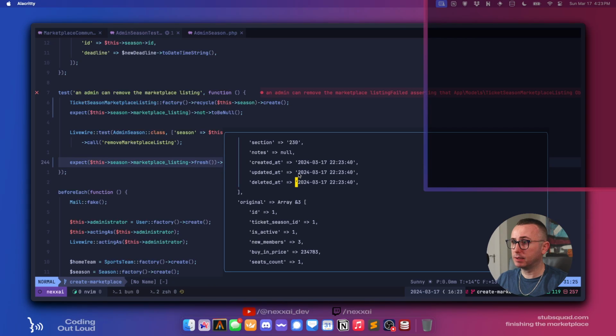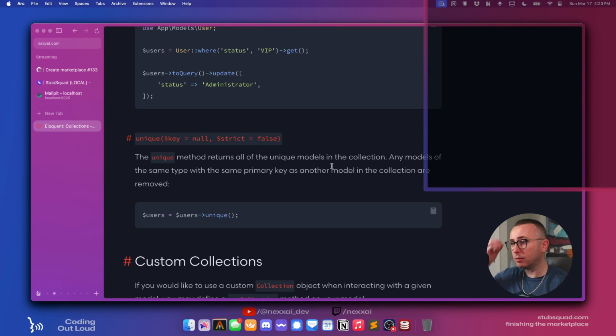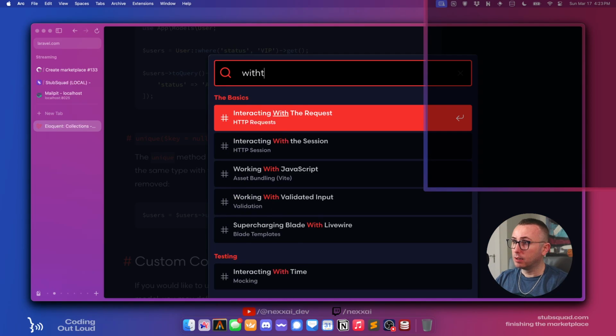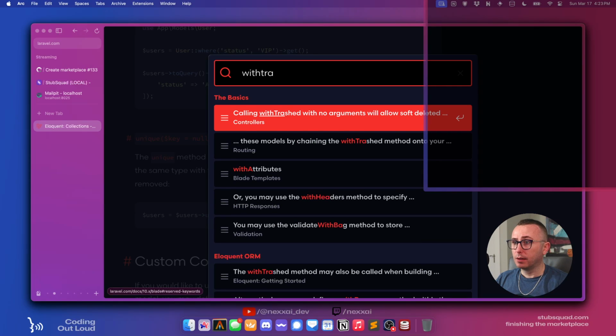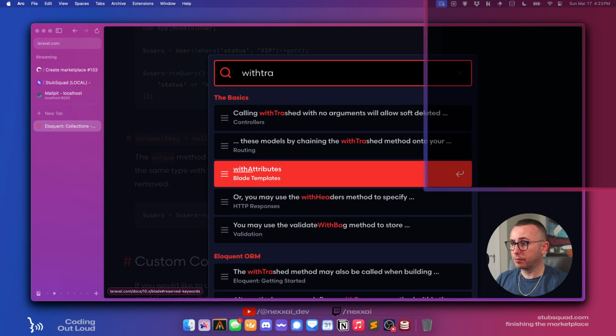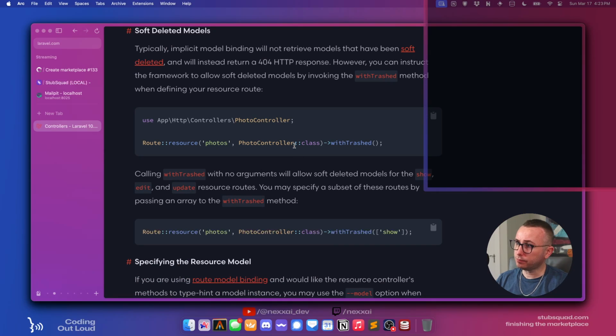It has the deleted at field set, which means that by default, Eloquent shouldn't be returning it. Typically if you want the deleted items, you basically have to pass this with trashed. Typically implicit model binding will not retrieve models that have been soft deleted.